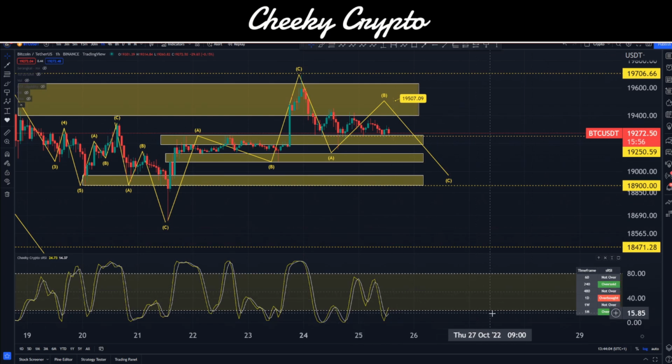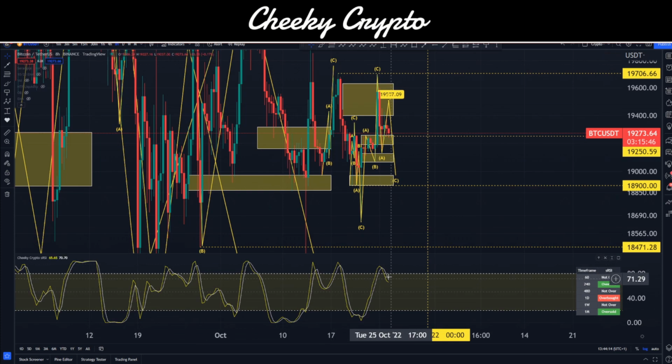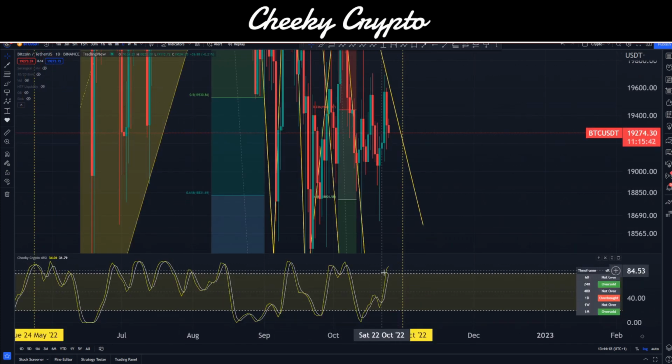Now, if I go ahead and bring our stochastic RSI into play, what can we see? Well, the hourly chart's looking for a move up. The 4-hour chart is oversold, looking for a potential move to the upside. The 8-hour, on the other hand, is actually reasonably high and does need to pull to the downside, and so does the daily, okay? But we're not quite there yet. I think we've got a little bit more up before down.